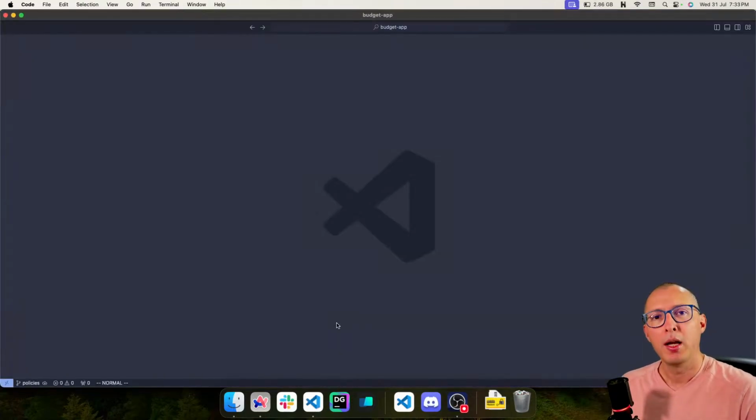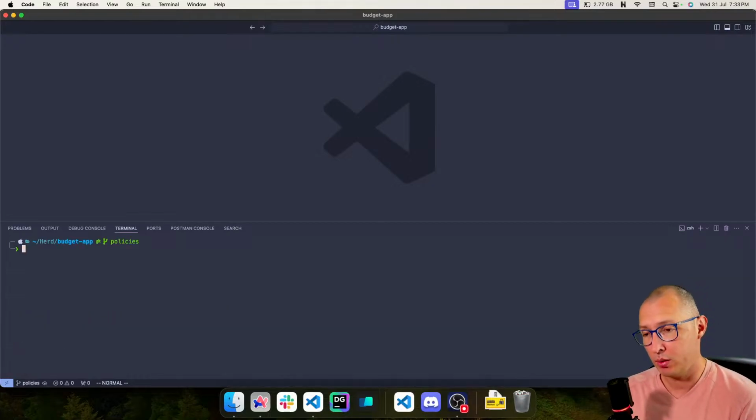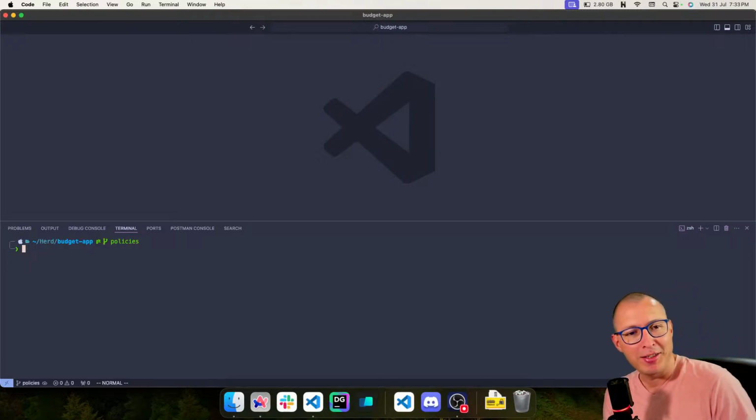The first policy that we are going to cover, actually, let me show you what the code looks like. So first of all, how do you create policies? It's incredibly simple. In your project, whenever you have a model and you have to restrict,